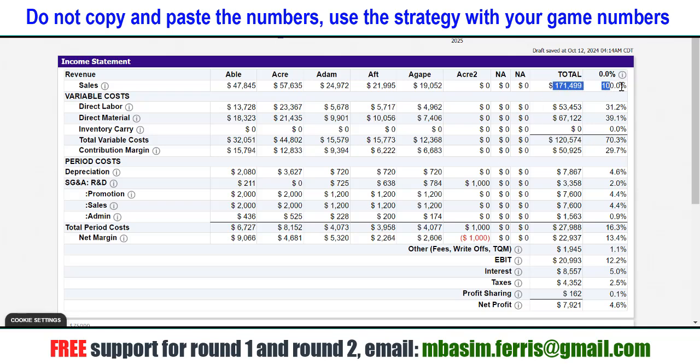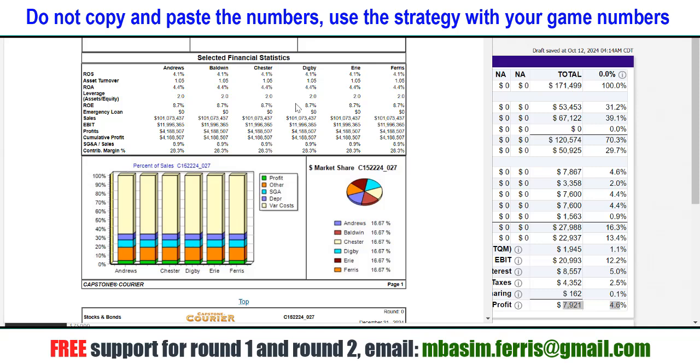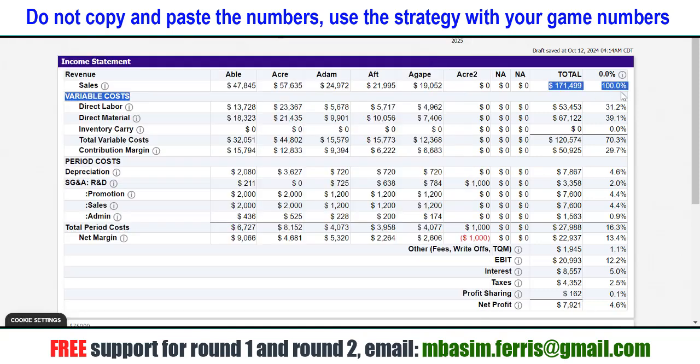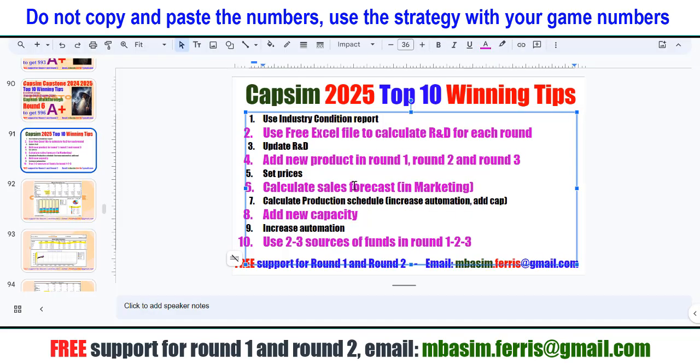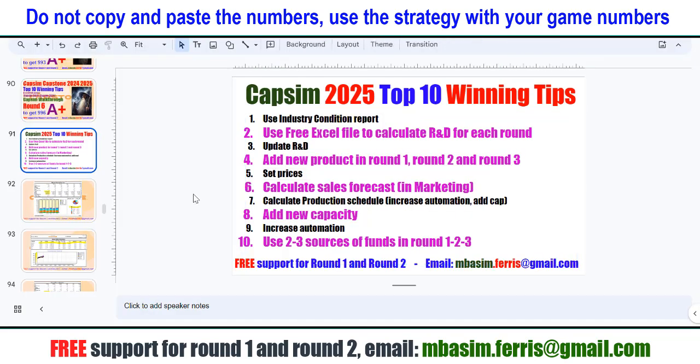We check that we get very high sales, very good profit. Last round we got 100 sales, 4,000 profit, and now we have 170 sales, 50,000 contribution margin, 7 profit. We're spending very strongly here on promotion and sales. So I have also shown the step-by-step for this season for round 1, and the 10 winning tips,